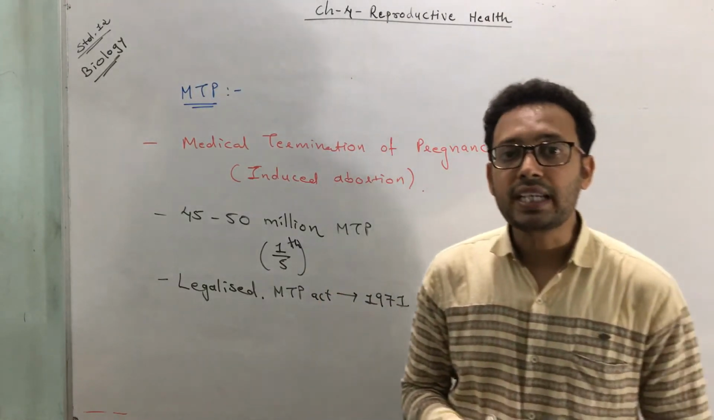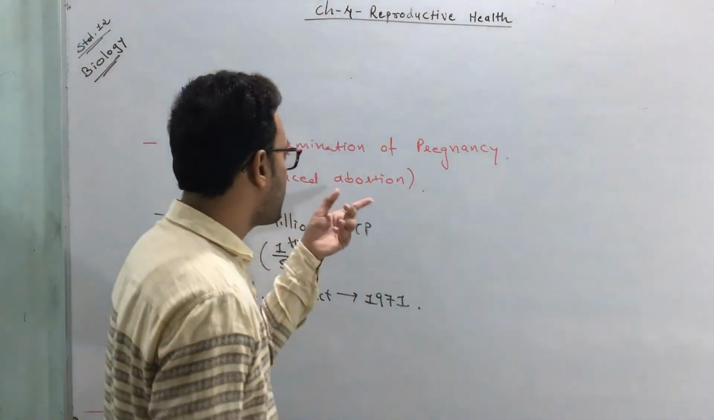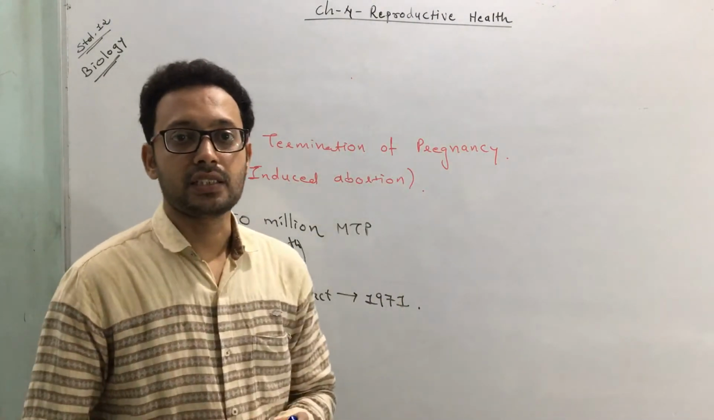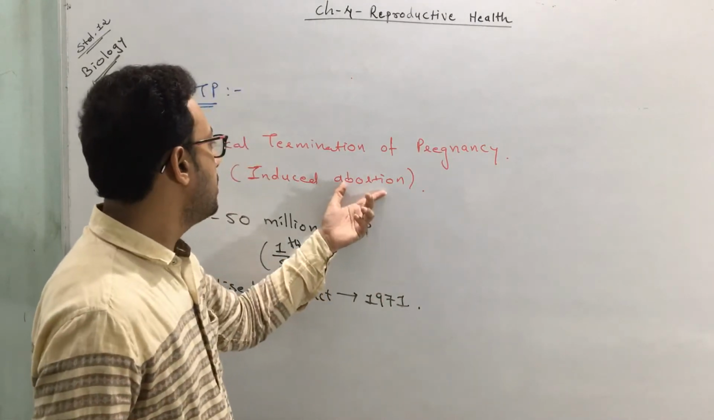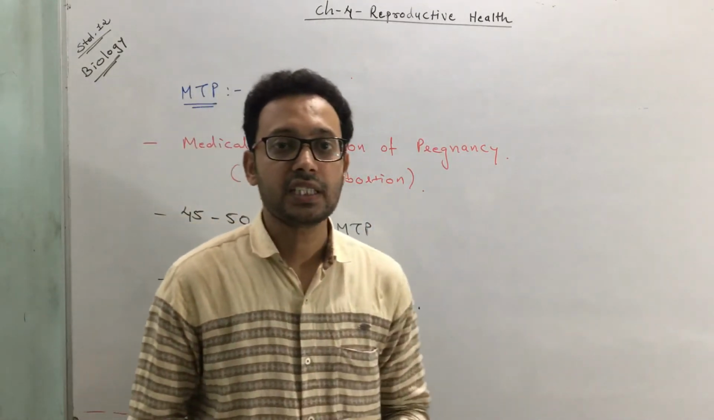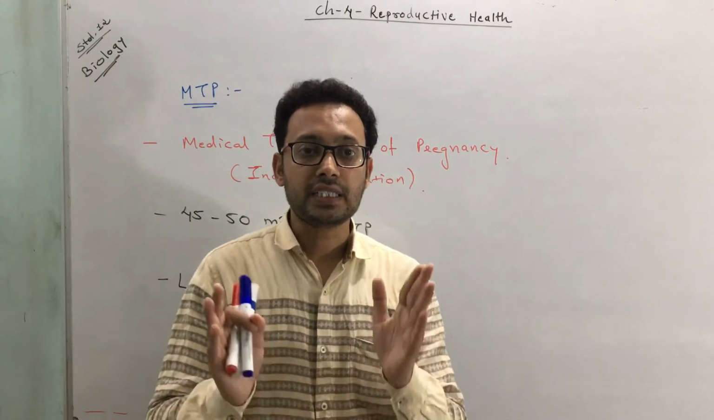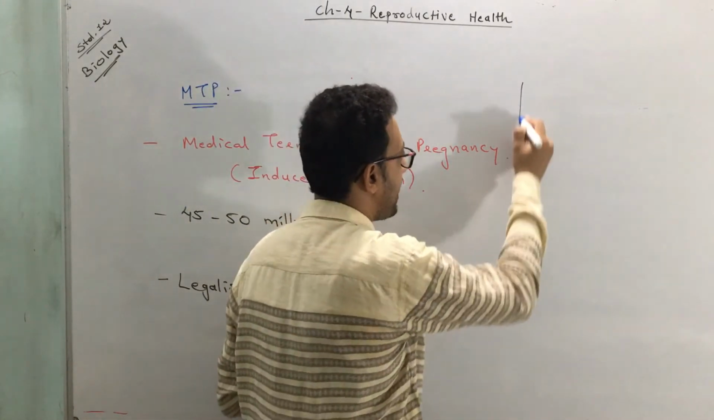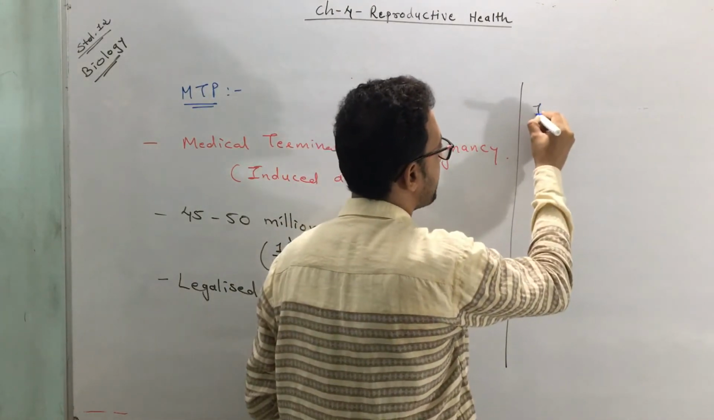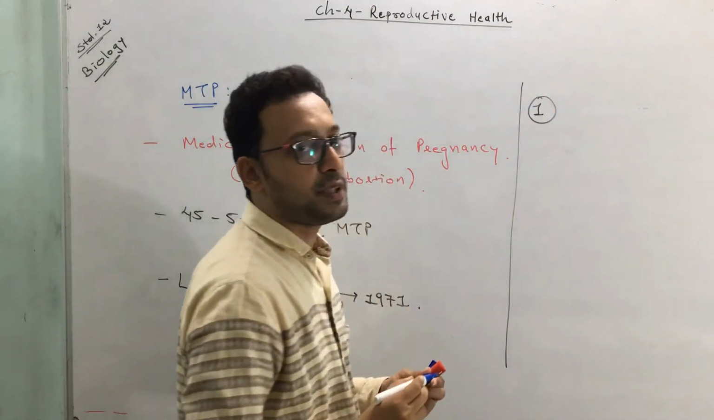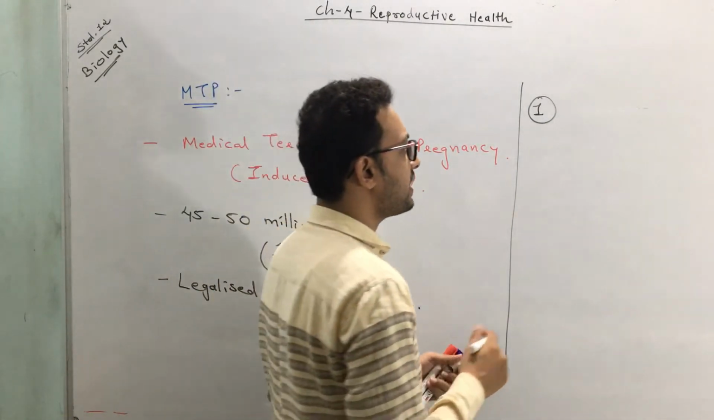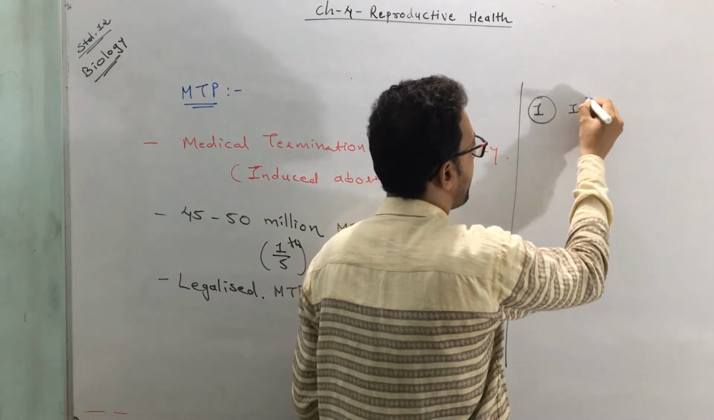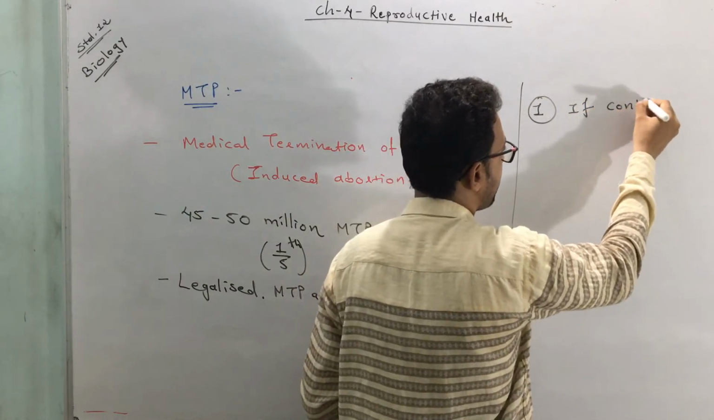So no one can kill or abort the pregnancy until the following cases. Abortion or medical termination of pregnancy is only allowed in certain circumstances. So which are the circumstances in which MTP is allowed? The first instance in which MTP is allowed is if continuation of pregnancy